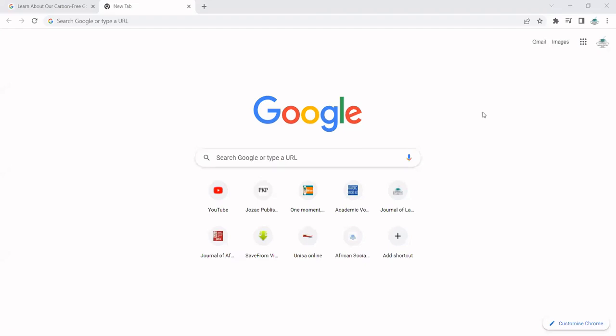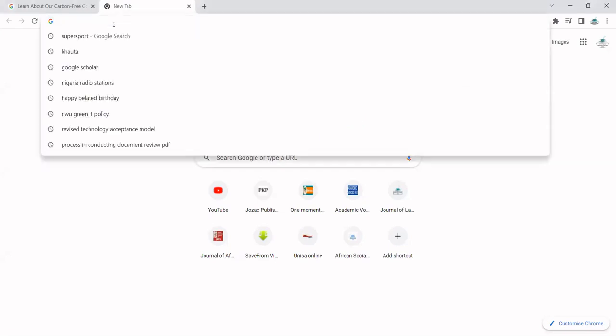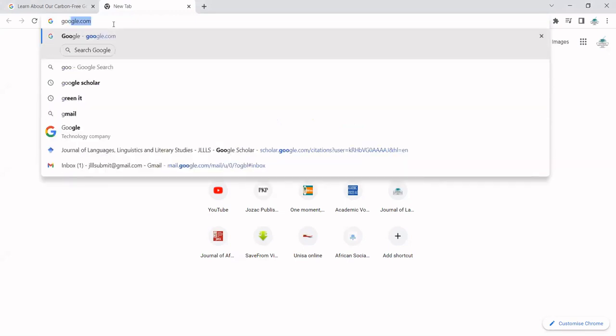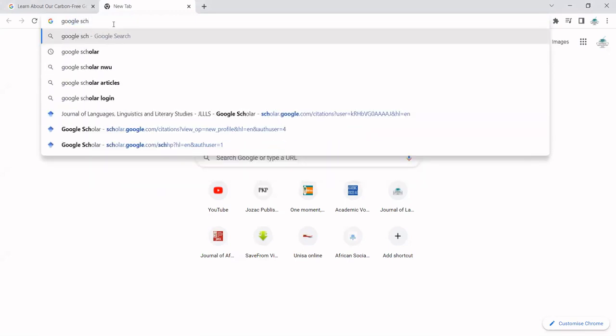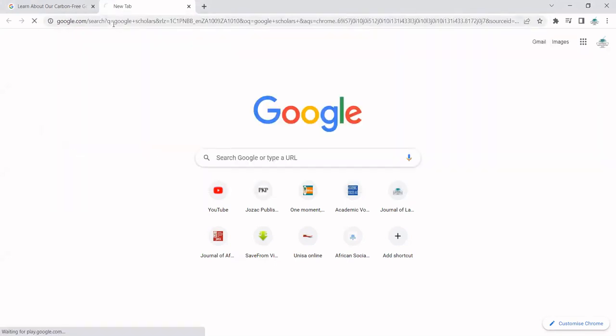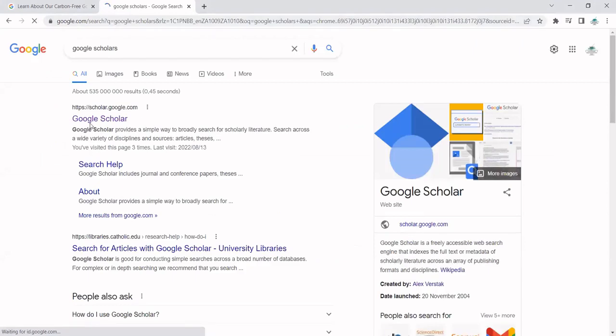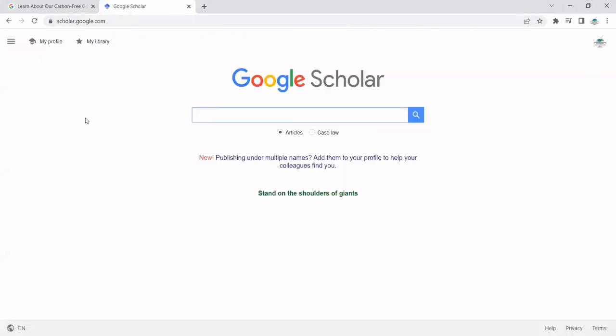Now we are in Google. On this bar, you type in Google Scholar to get it. The first one is Google Scholar. Now from your document, your original research paper,